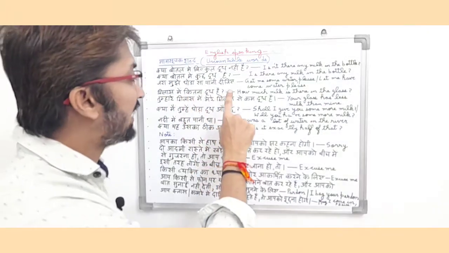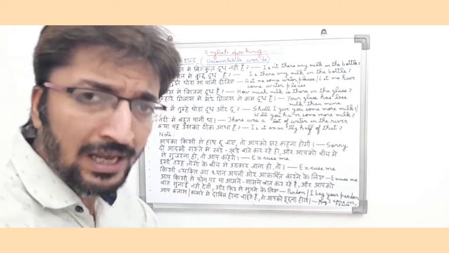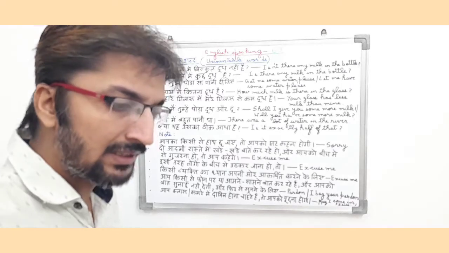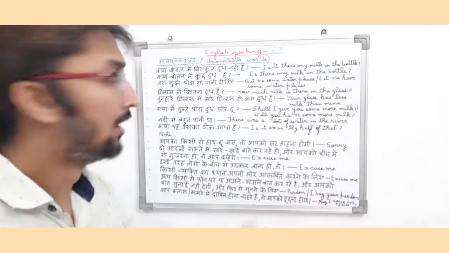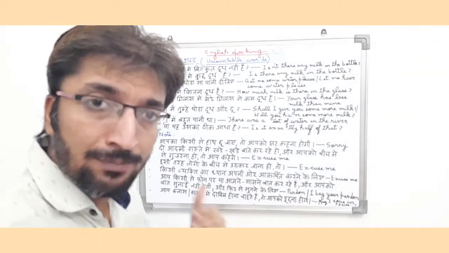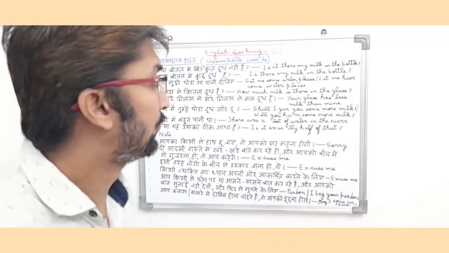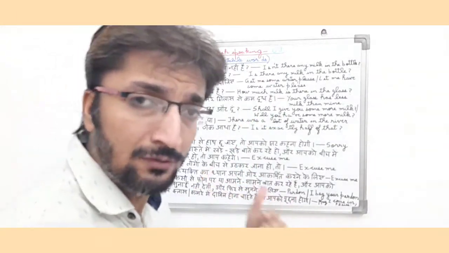ज़रा मुझे थोड़ा सा पानी दीजिए. So in English it means, get me some water please, let me have some water please. So this is basically an order-giving sentence. Basically they are asking for help. So ज़रा मुझे थोड़ा सा पानी दीजिए. So basically it is a present tense. So in English it means, get me some water please, let me have some water please.